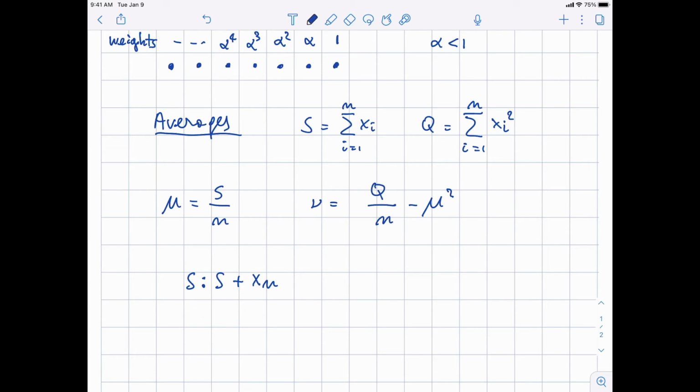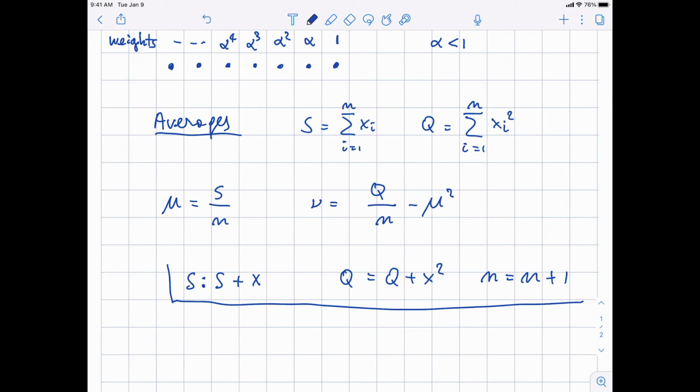In fact, let me just give you the update: S is equal to S plus x, Q is equal to Q plus x squared. That's what we did in practice. And also n is equal to n plus 1. So these three fundamentally were the updates to compute the statistics for a sequence.